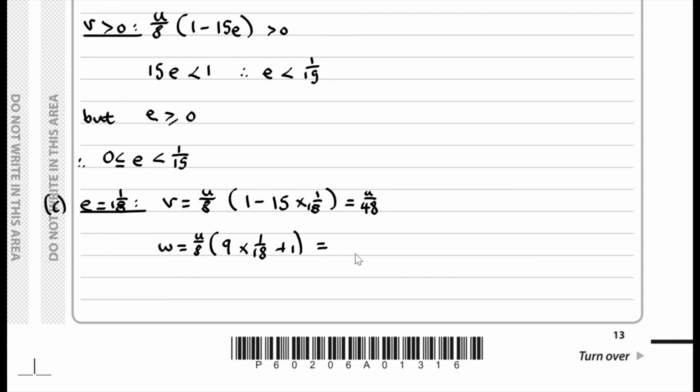Okay, so you'd find W to equal 3U over 16. Okay,